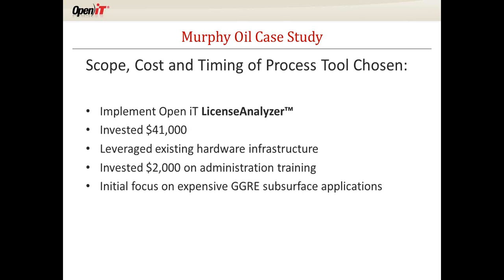I bring up these specifics just to let you know, again, this is oil and gas, but this was at a region level, a very small region level, and it was oil and gas applications, but this was only 35 users that were affected. So it's not like, oh, they're oil and gas, it was thousands of users. In this particular case study, their investment was $43,000, which may seem small to some and may seem large to others, but I'll show you very quickly. Again, it's not about the numbers, it's about the ratio of those numbers and how we can optimize and get savings within your organization. So 35 users, a small investment, a total of $43,000.